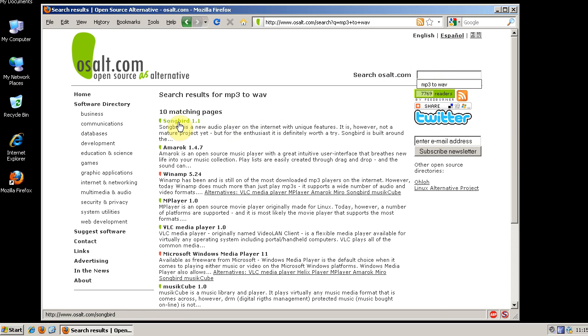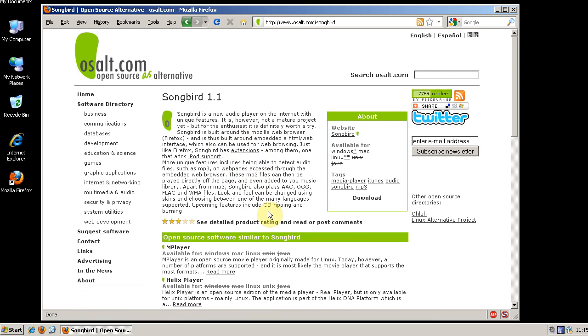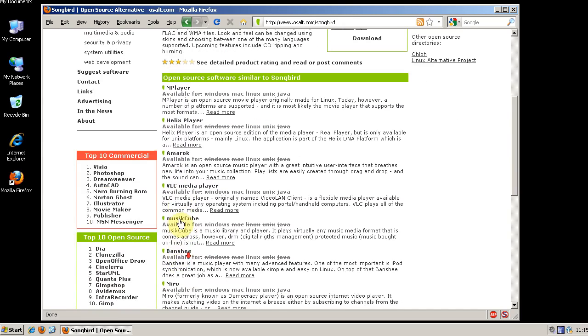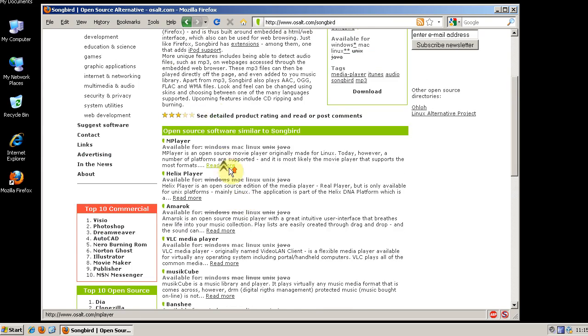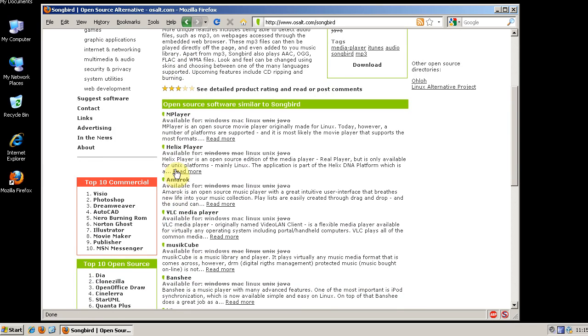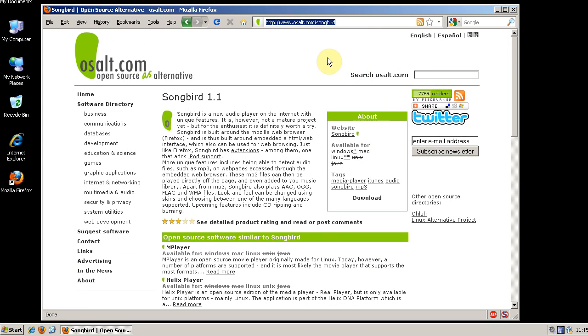But in addition, you can also find related open source programs. If you know an open source program you like, you can find some spin-offs. Maybe official development has ceased and someone has picked it up and renamed it, or you can find a better player. So that's OSAlt. It's a great way to find high quality software.